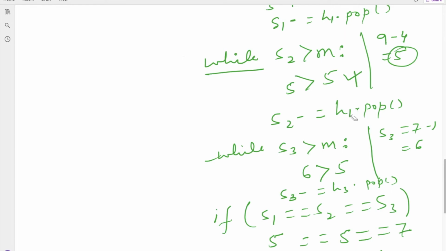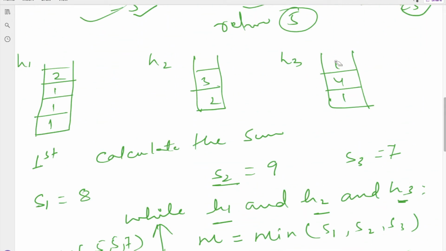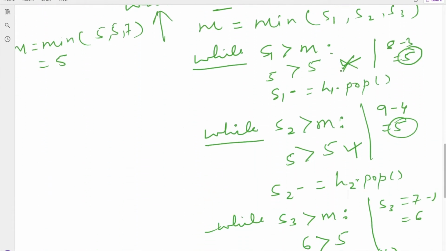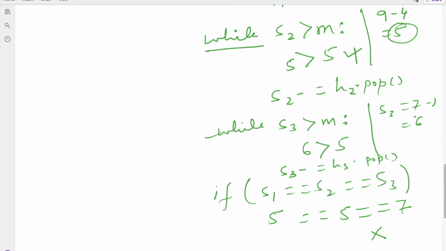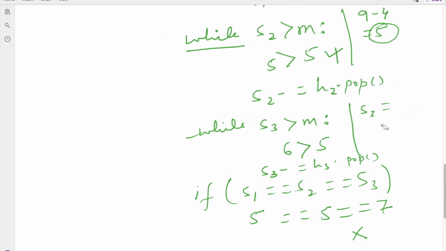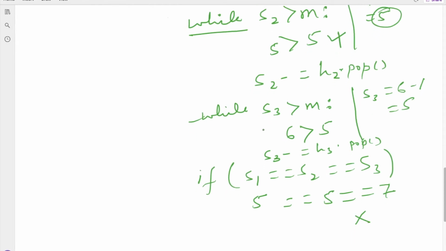We are going to pop one element again, so we will pop this element. My S3 will be updated as 6 minus 1, which will be 5. Now we check whether 5 is greater than 5. This one is false.